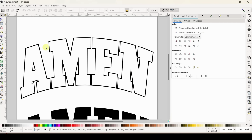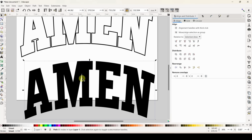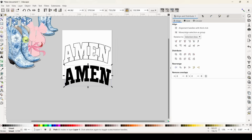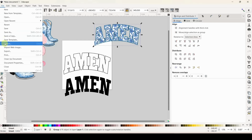Okay, so now I can fill this with a glitter digital paper. I can fill this with the fun floral digital paper, and we will end up with this. All right, let's do it. I'm going to pull in the floral digital paper that I used for this one. File, import,